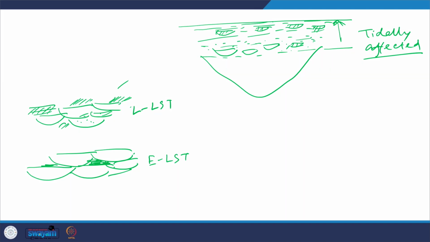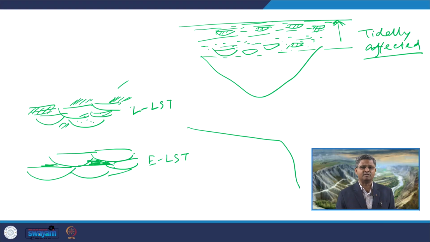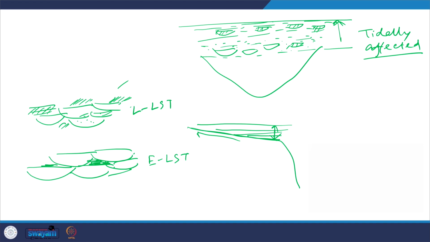The sedimentation of the fluvial deposits during the transgression starts from the downstream reaches of the rivers, where the LST phase has ended, where the fluvial succession is thickest, and gradually it expands towards the upstream direction. So, if this was the LST phase and this is the river system, this transgression process will start from this point onward and it will try to onlap in this direction. In this area we get the thickest deposit, and as we move up the wedge, towards the upstream direction, we will get relatively thinner fluvial deposits.